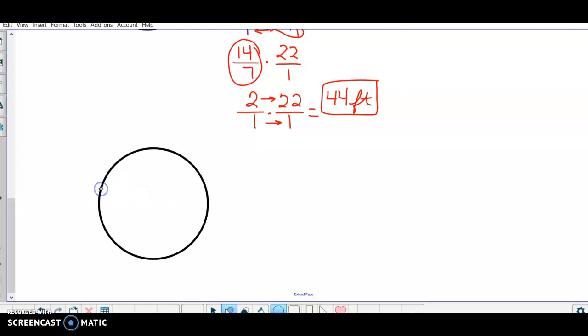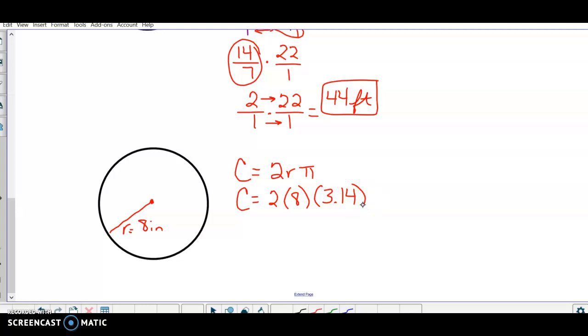Another example is I'm going to give you a radius this time. And we'll say that the radius is 8 inches. So I have C equals 2 times the radius times pi is my formula. C equals 2, the radius is 8. Now 8 is not a multiple of 7. So now I'm going to end up using 3.14 for pi. I'm going to multiply 2 times 8 is 16. And then I need to do 3.14